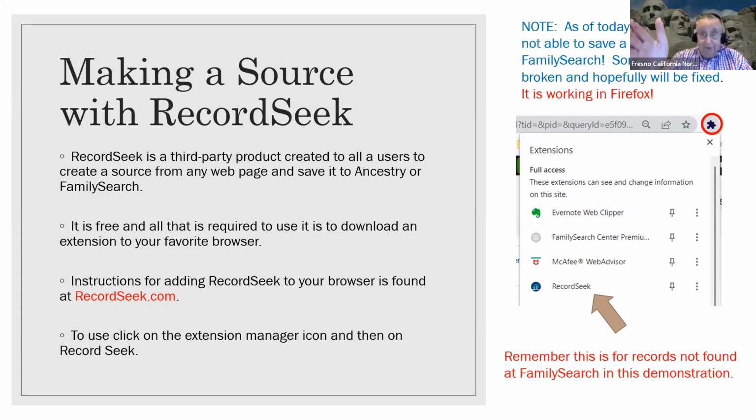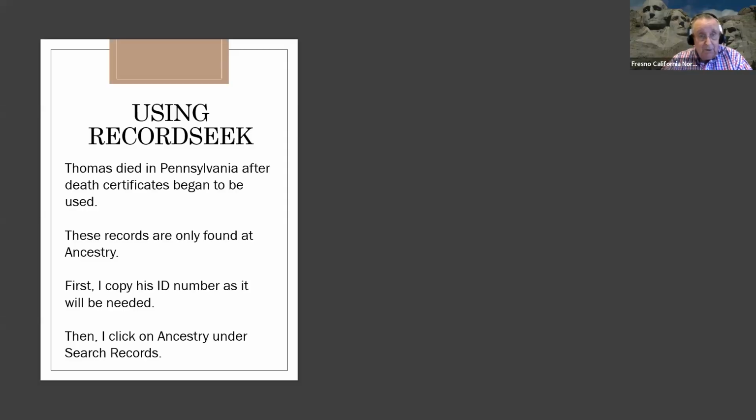Okay, and then I had my little message. Originally, I had put it up there that it wasn't working, but I did find out later today that it works on Firefox. Okay, so using RecordSeek, let's show you an example. In FamilySearch, I have Thomas Sands,